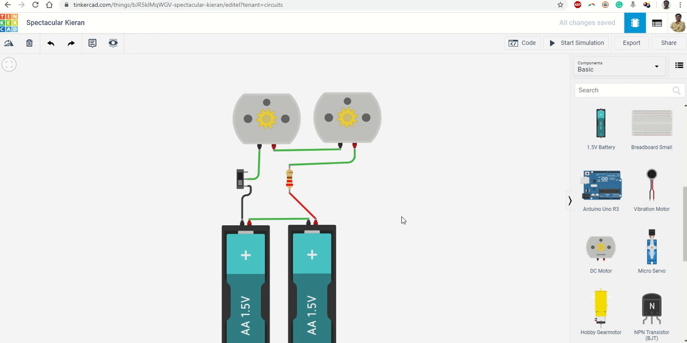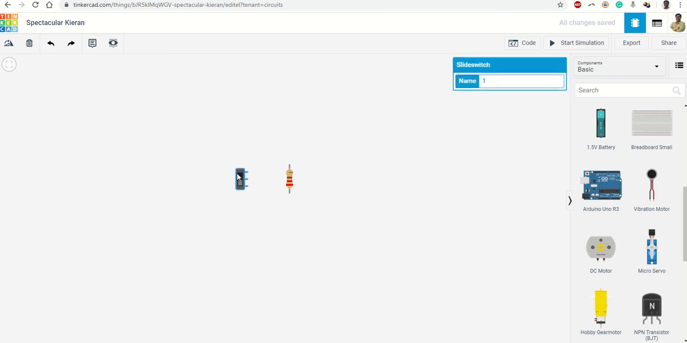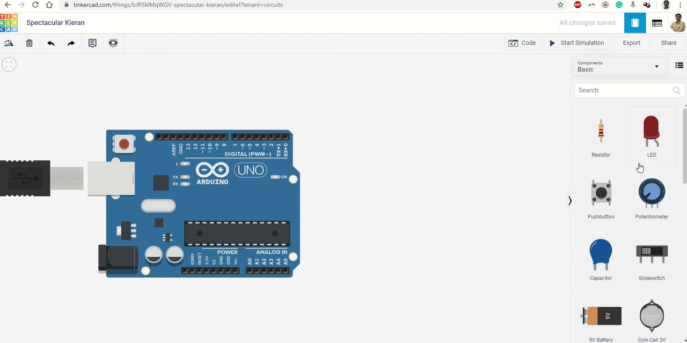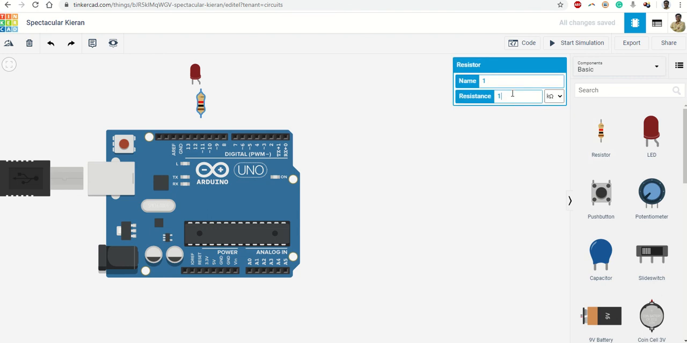What if I want to make something programmable? So we can remove these non-programmable components and bring a programmable component here. So I have an Arduino board, and let us try to glow an LED with Arduino. I'll need one resistor. We take 200 ohm,